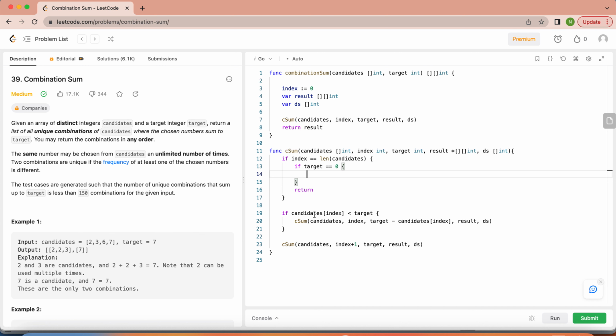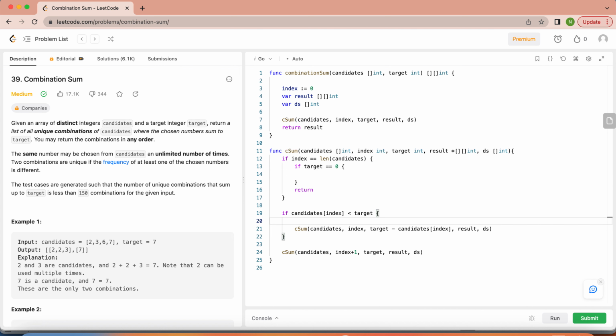So if the candidates index is less than target, we can call this number, but we can also add this in a data structure, ds, and candidates index. Okay, so if I try with the 2 and the 2 is less than the target, that's a 7, we can add this in a data structure,